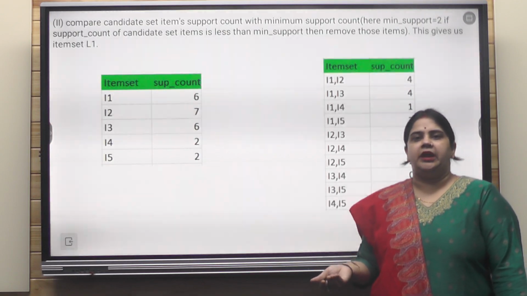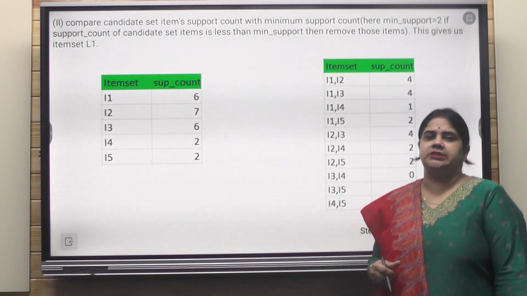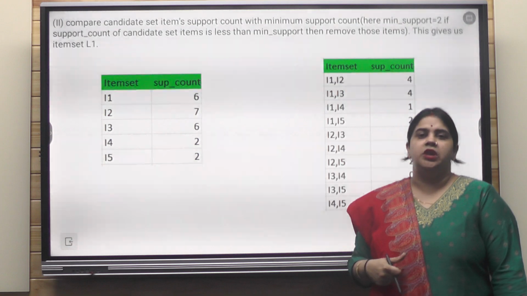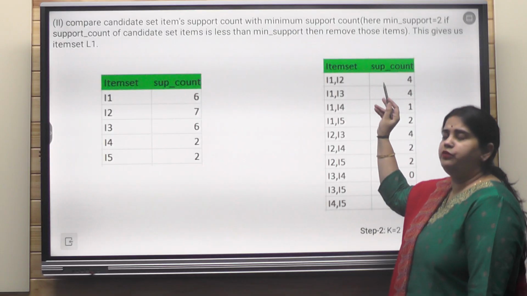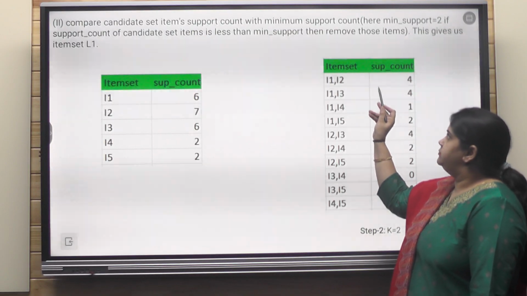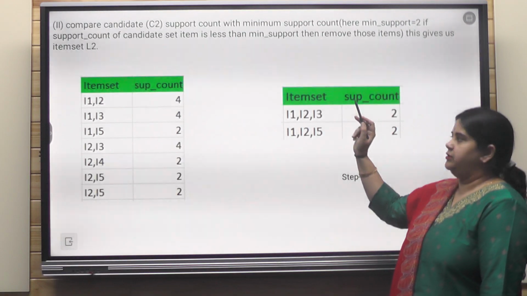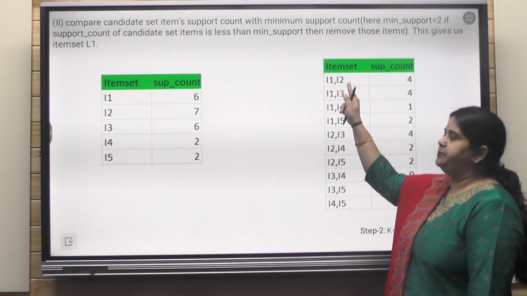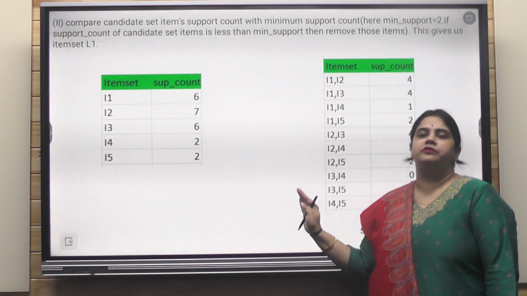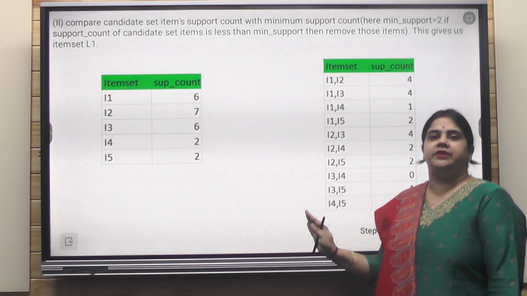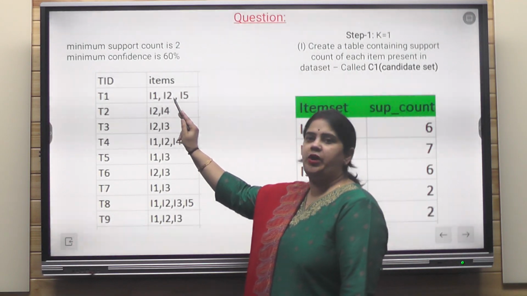Now parallelly, what will we write? We'll write the support or threshold value. Now what will be the change in this table? What will be the change in candidate 2? The change will be that we are going to find the support value where I1 and I2 have been purchased together. These 2 elements have been purchased together. Now from where are we going to check? We are going to check again from our base table, which is given in the question.